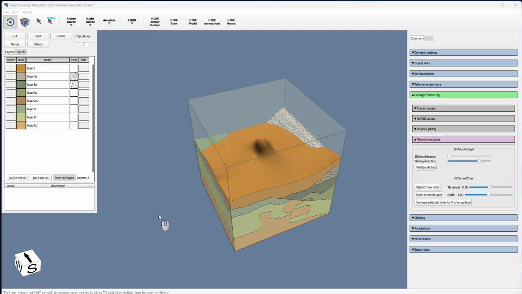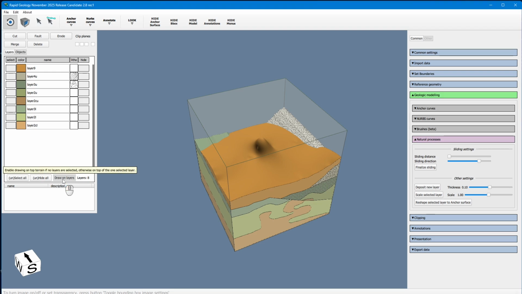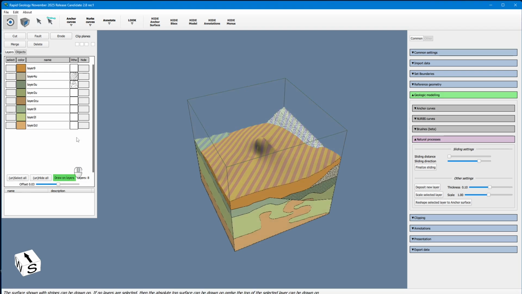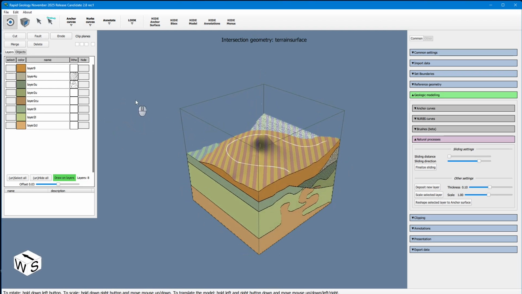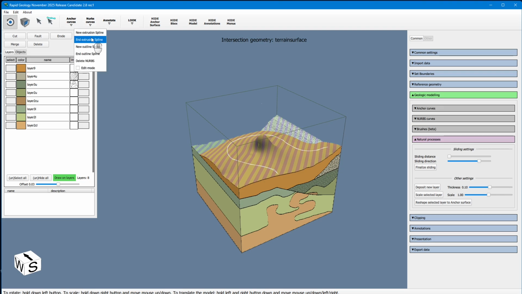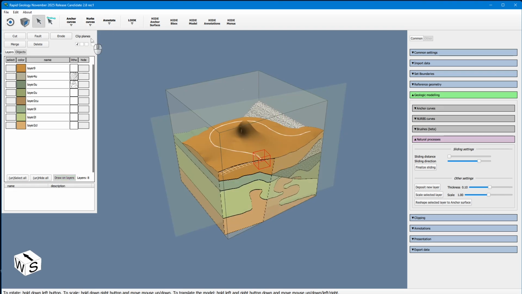So to draw it on the terrain, we have to press this one, and then we choose the tool, this other modeling tool, and we start drawing on the terrain like this. So you see this curve here is on the terrain, and then when I press end it will move to a different view,